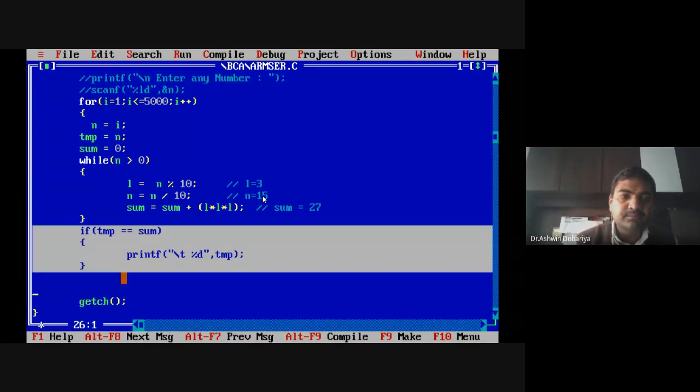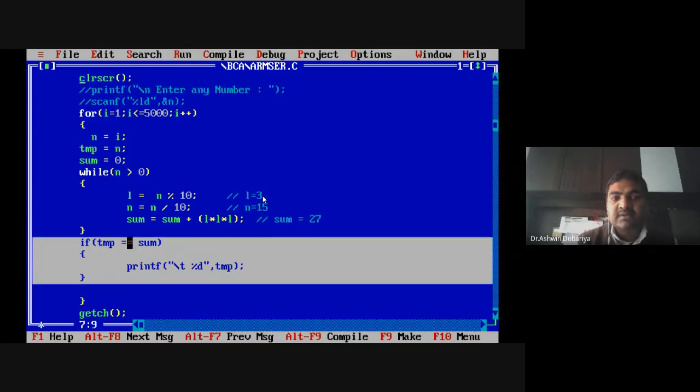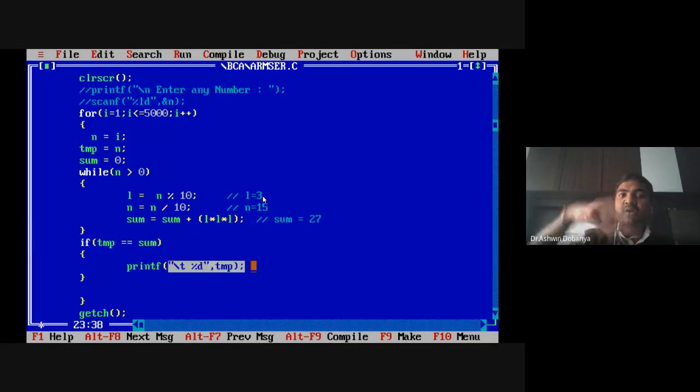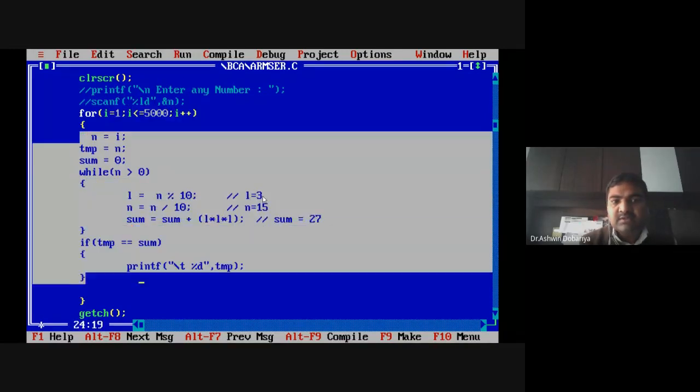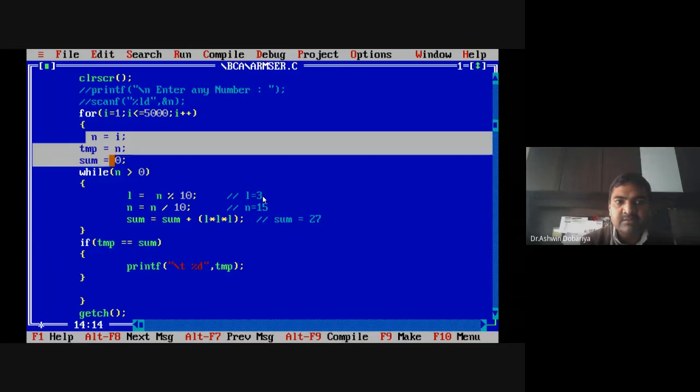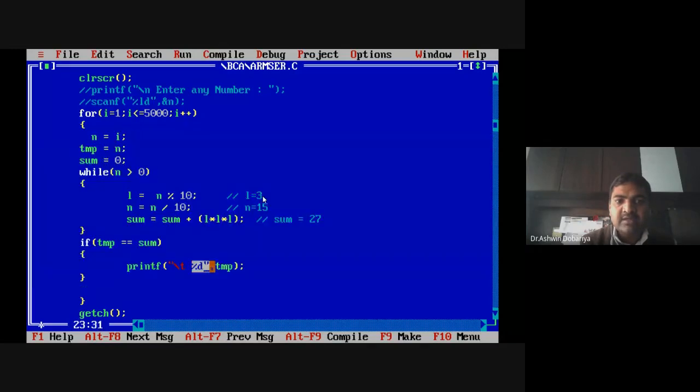So here the for loop is over. I hope this is clear. If the number is Armstrong, then display it on screen. If the number is not Armstrong, then execute the loop again, increment, check. Again you perform the check on the second value. If the second value is not Armstrong, again increment by 1, check again whether it is Armstrong or not, and display it if it is.